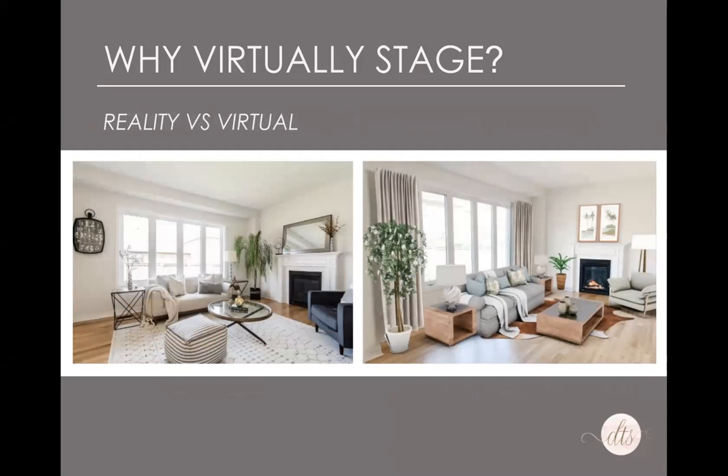Okay, so this one here is a home that Krista and I staged a little while ago. So it's real life staging on the left. And then we took the same home, took the empty room photo and virtually staged it on the right. So you can kind of see the difference. If you look closely enough, you might see the difference. You might notice some things, but for the most part, it